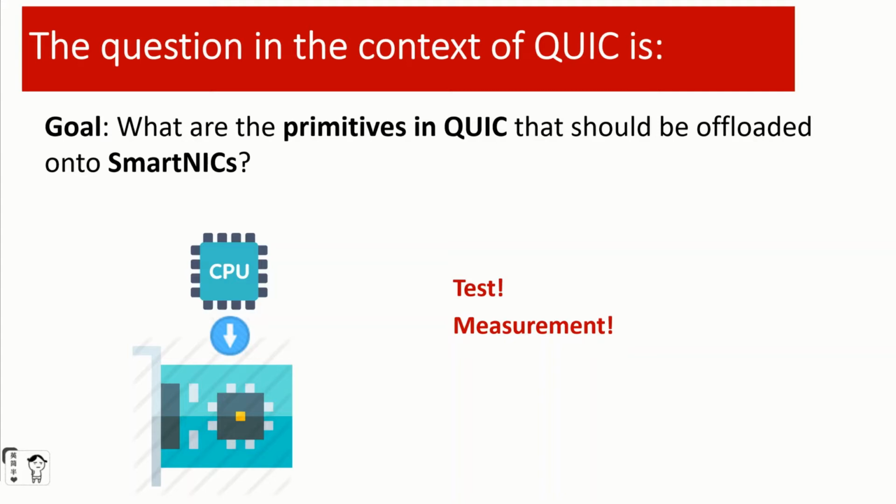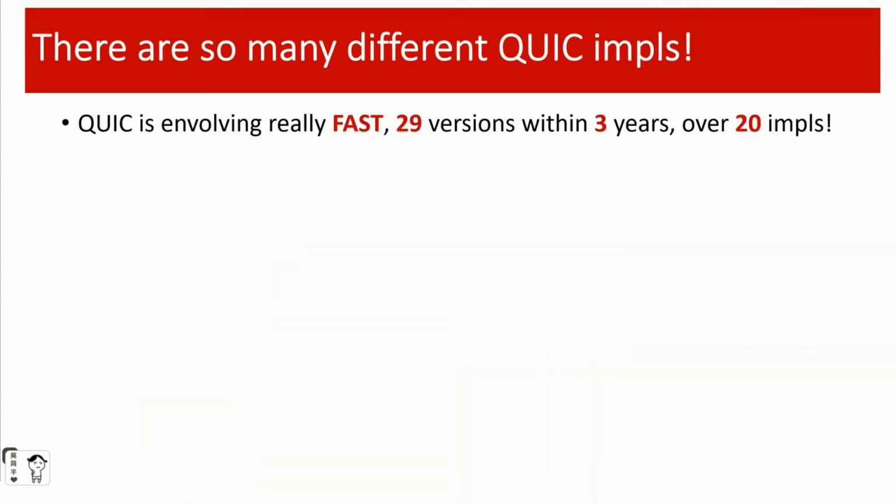To answer this question, the most simple and straightforward way is to locate the performance bottleneck using tests or measurements. But there are so many different QUIC implementations. QUIC is evolving really fast, and like I said, there have been 29 different versions within 3 years, and the IETF QUIC working group is tracking around 20 different QUIC implementations, based on more than 5 different programming languages. Apparently, we're not able to cover so many implementations during our test, so the next question for us to answer is,